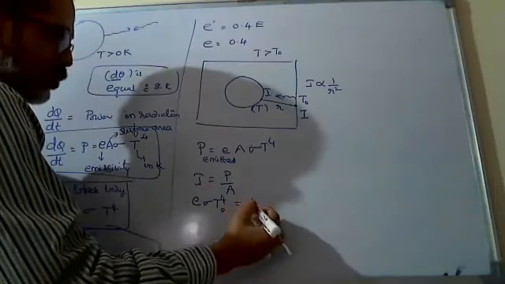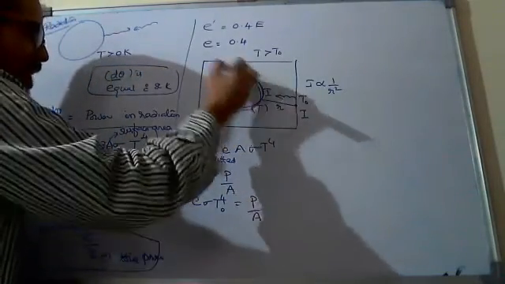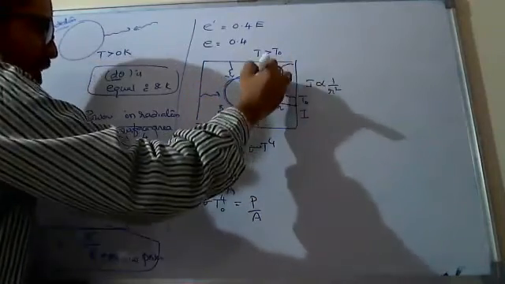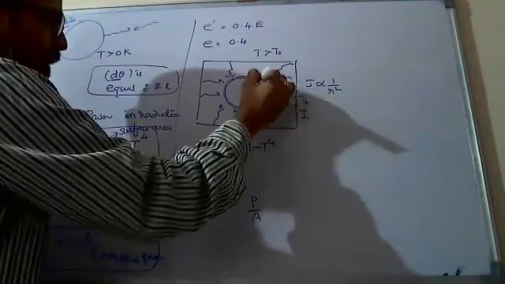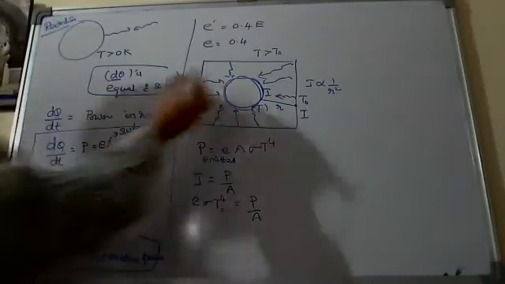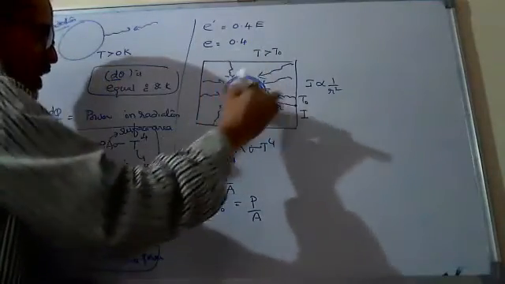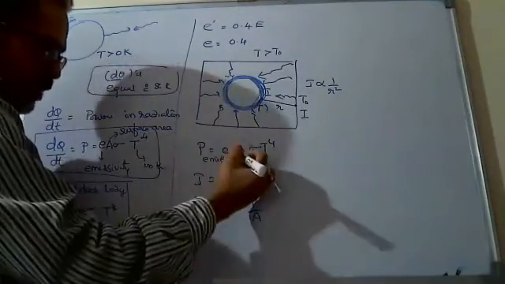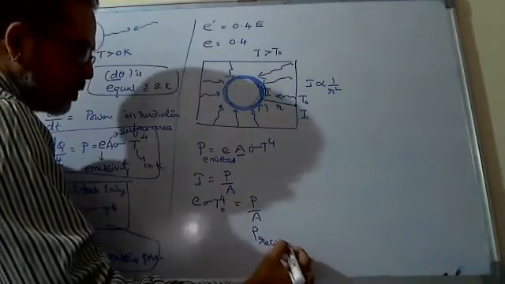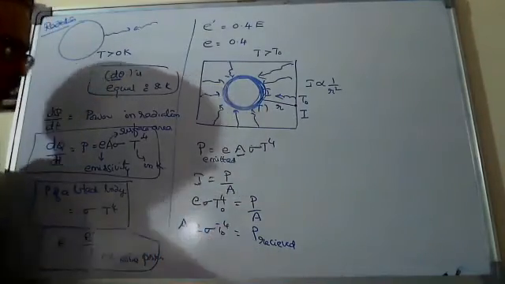It is equal to power by area. Then how much area is receiving from all sides by the walls? By all sides, because the walls are maintained at a temperature of T naught. All sides cover an area of how much? Here the area of the sphere. The area of the sphere I already took as A. So the power received is equal to A into E sigma T naught power 4.